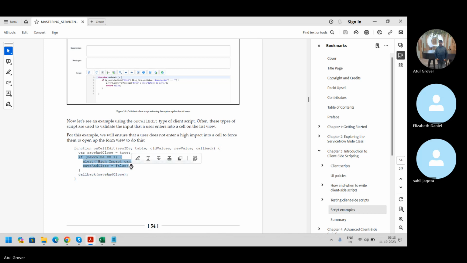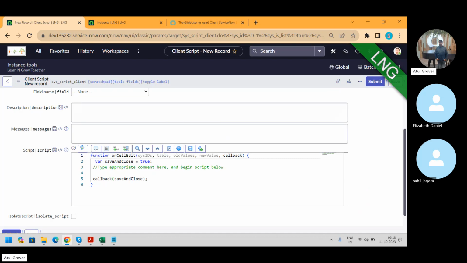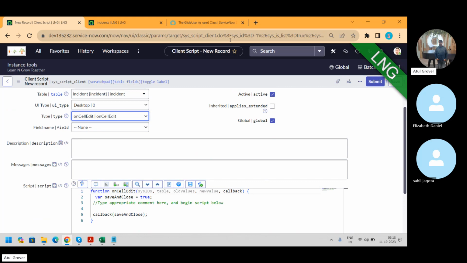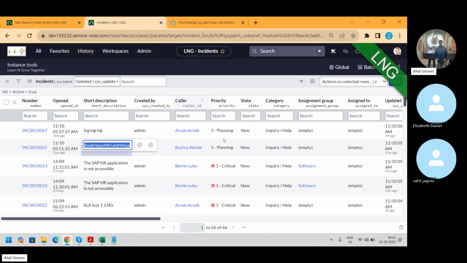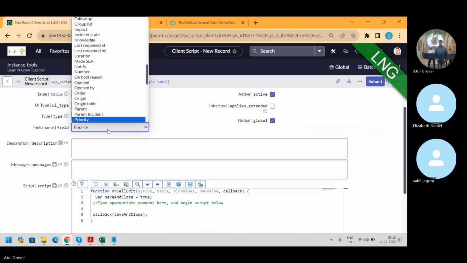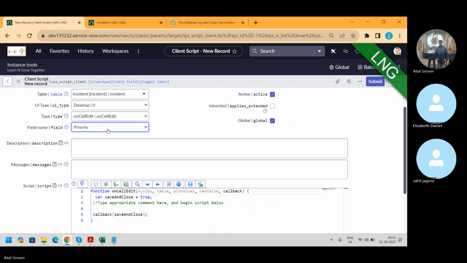Yes. Copy. And it says on which field you want to put it. So I told that a user should not be able to change the priority of any incident from here. Then I have to give the priority field here. That a user should not be able to change the priority of the incident from the list view. And I'll put